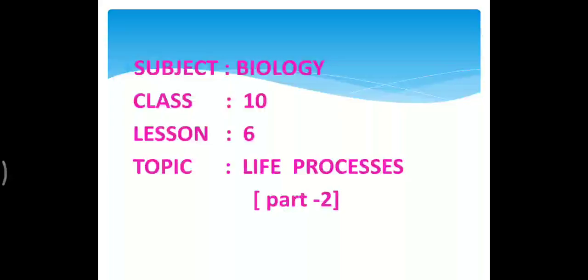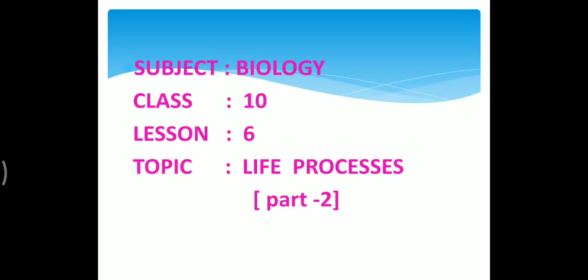Students, last class we studied different types of nutrition: heterotrophic nutrition, autotrophic nutrition, holozoic, symbiotic, parasitic, etc. In holozoic, we also studied amoeba, how it takes the food, and the 5 steps involved in holozoic nutrition. Same way, in today's class, let us study two other systems: nutrition in human beings and